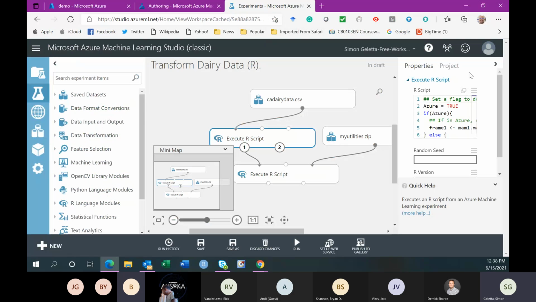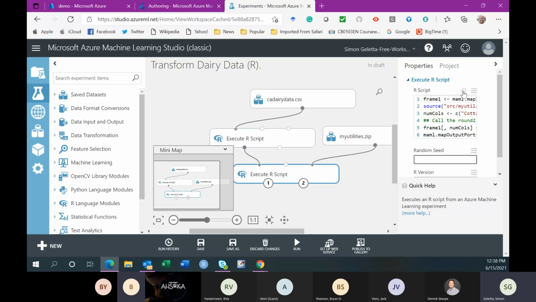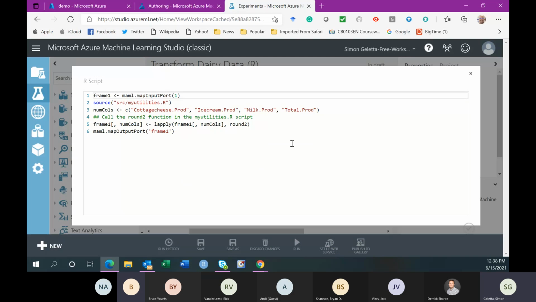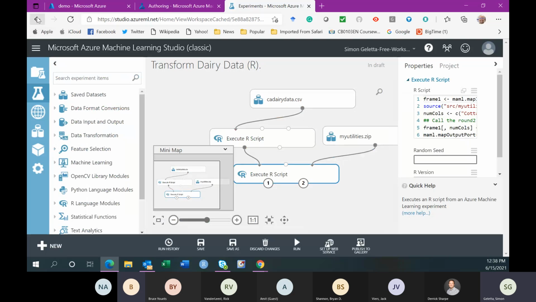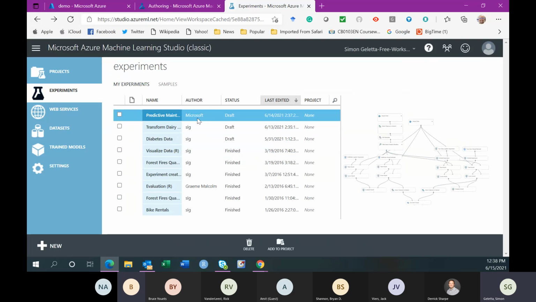And the second thing is this zip file. When I write this code, I develop custom functions that I use in my code. Those should be zipped up into a zip file and uploaded into your Azure space and used for executing your R script. It is the main R script, and basically that's the way you handle that when you do coding. I demonstrated no code today, but this is when you do coding.